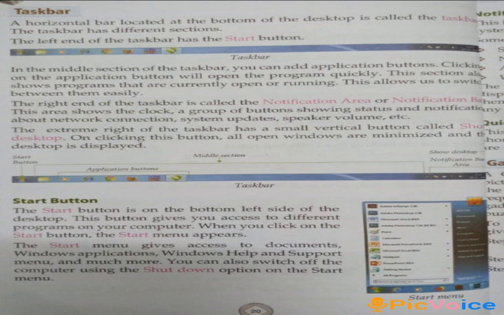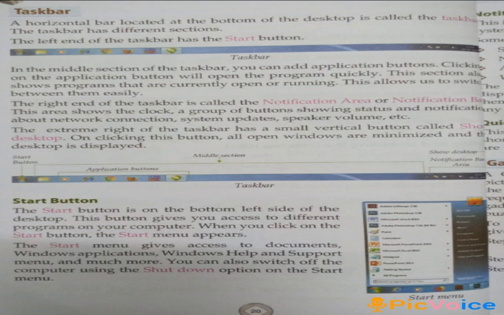The right end of the taskbar is called the notification area or notification bar. This area shows the clock, a group of buttons showing status and notification about the network connection, system updates, speaker volume, etc. The extreme right of the taskbar has a small vertical button called Show Desktop.